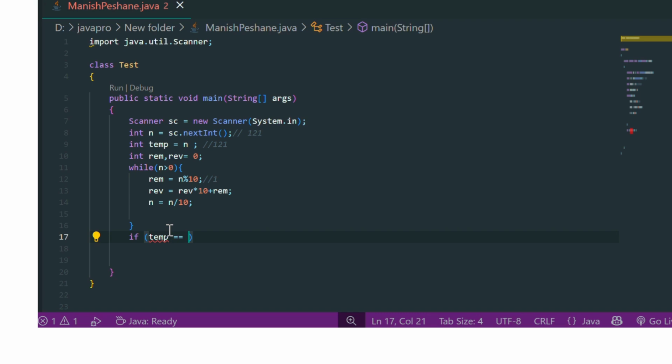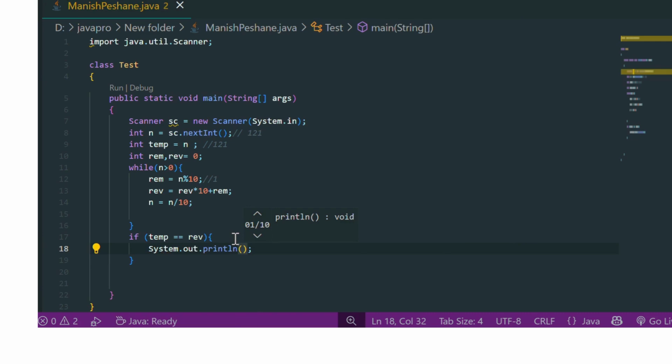You can write any character, but we cannot write a number. So we need to compare temp with reverse. After that we write here SOP, it is a palindrome number.